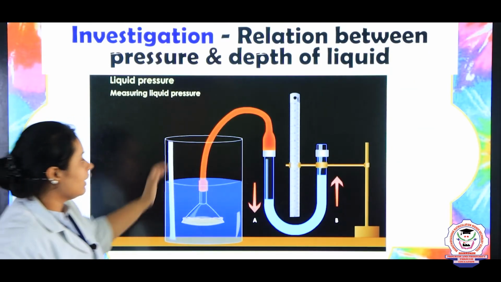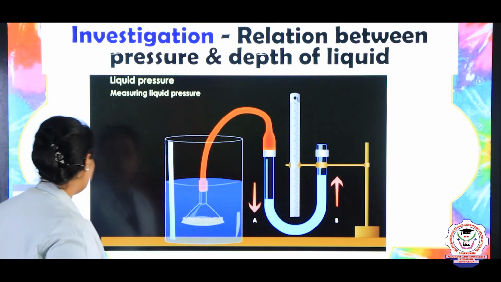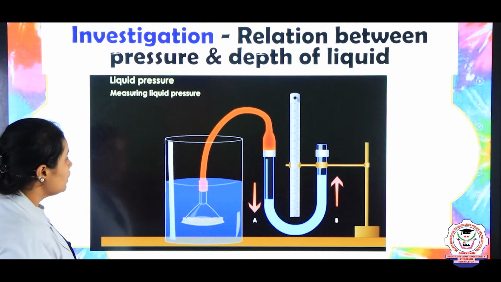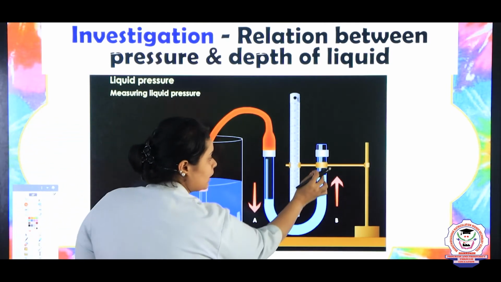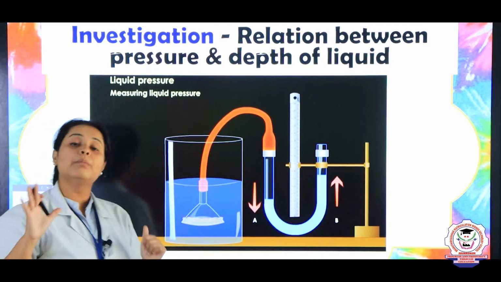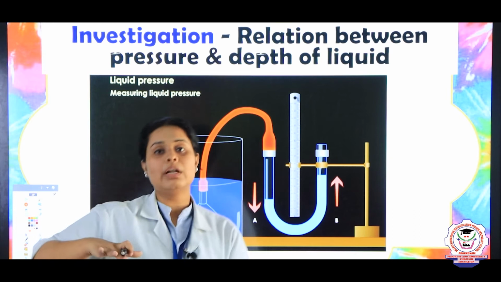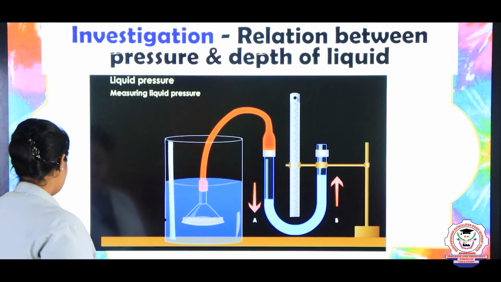and you will see that as the pressure increases here, the level just goes on increasing on the other side, right. So here the pressure is put on this side, that is why the level increases on the other side. So this also shows that as you put pressure on one side, the other side will automatically come up. Okay? Yes.